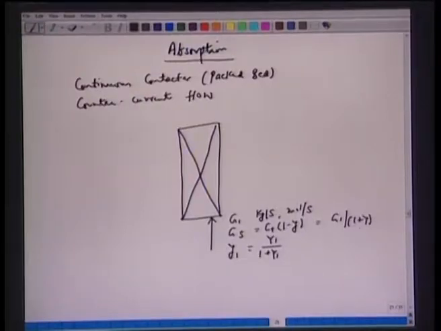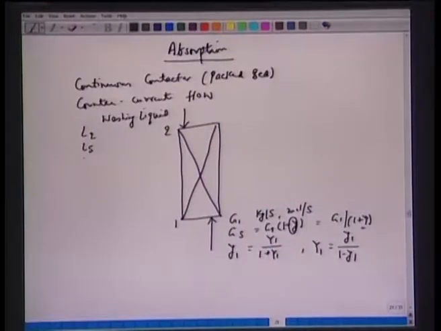So you must check yourself how we are writing GS in terms of mole fractions, y, and how we are writing in terms of mole fraction but solute-free basis. All it means is we can also write capital Y1 as y1 over 1 minus y1. So this gas phase is brought countercurrently in contact with the washing liquid, solvent. It has a flow rate L2, so we denote here 2, and here 1. So we can have LS, we can have x2, and we can have capital X2.